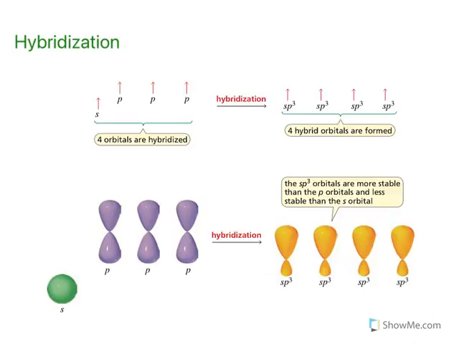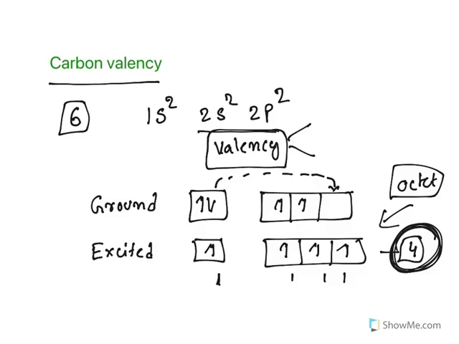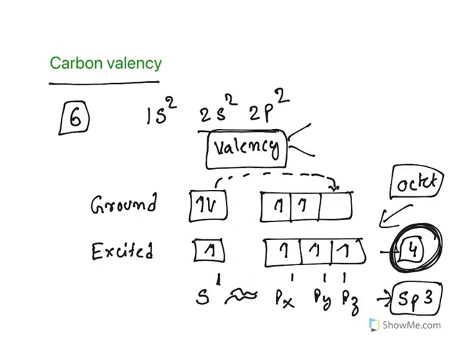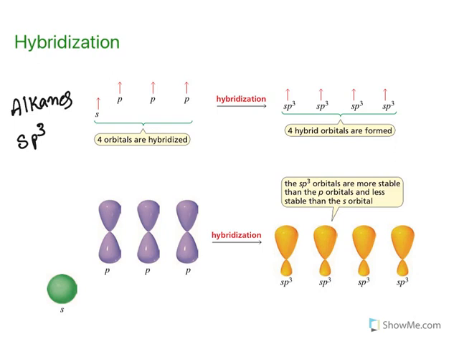When you see the hybridization, let us see the hybridization of alkanes. In alkanes, the hybridization is known as sp3 hybridization. Why is it called that? We have seen there is 1 s orbital and 3 p orbitals. So 1s and 3p, all of them when combined together, is known as sp3 hybridization. The combination of atomic orbitals is known as hybridization. So this is what happens.